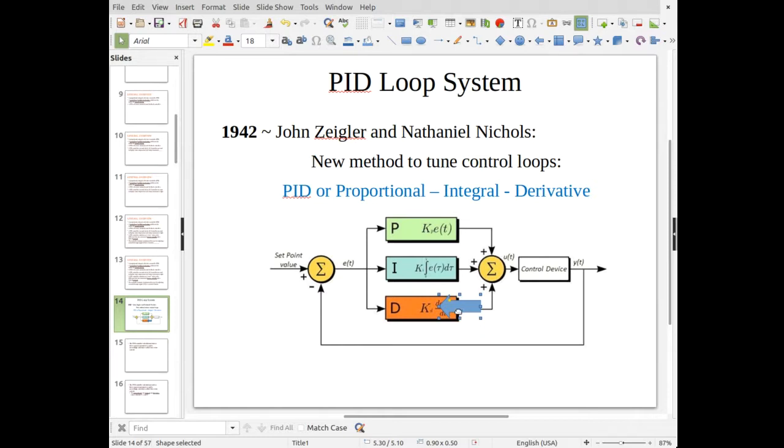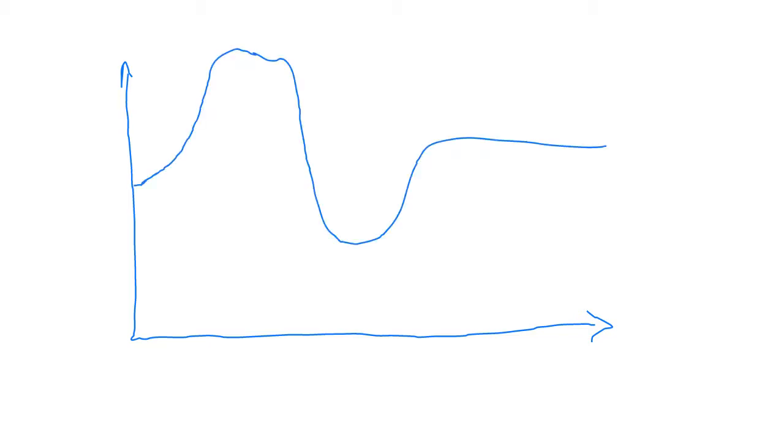What a derivative term does is it looks at how fast the system is changing. So if you remember from the integrator lab, we had some system that was bouncing up and down like this, okay? And when we did integration,